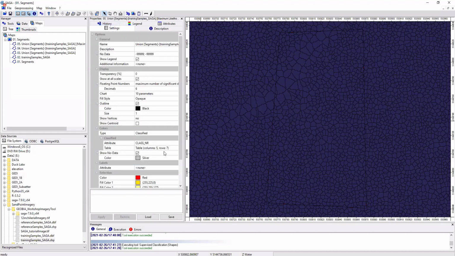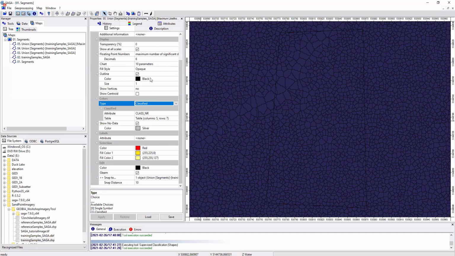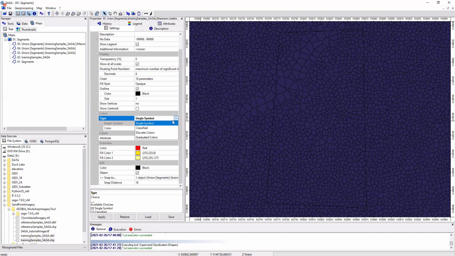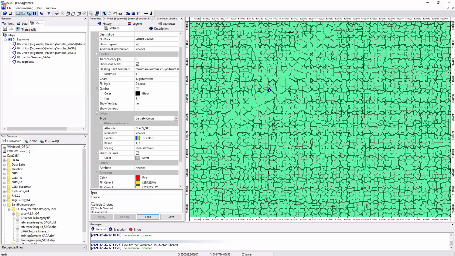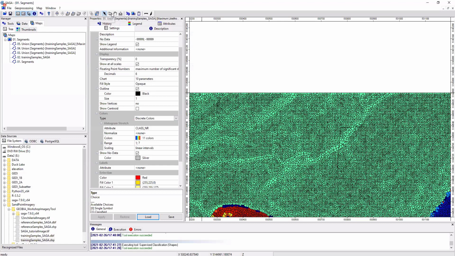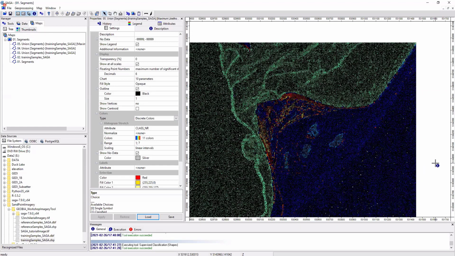And we can go to the settings, and we'll do classified. We're going to use the individual classes. It always helps to zoom out so that you can see the entire image to see that the classes are working. There we go. So now you can see with the supervised classification, because we had some of that variability,